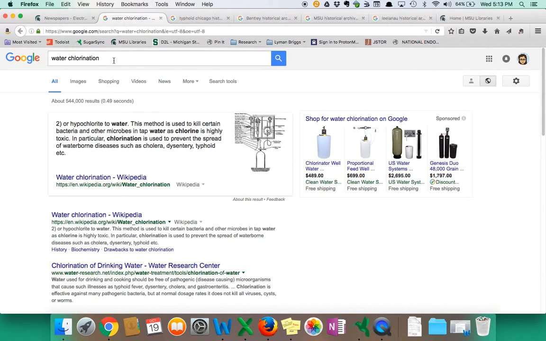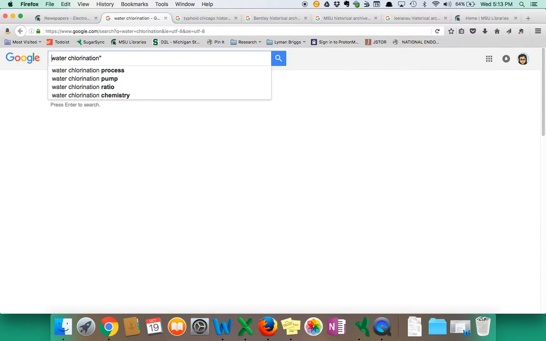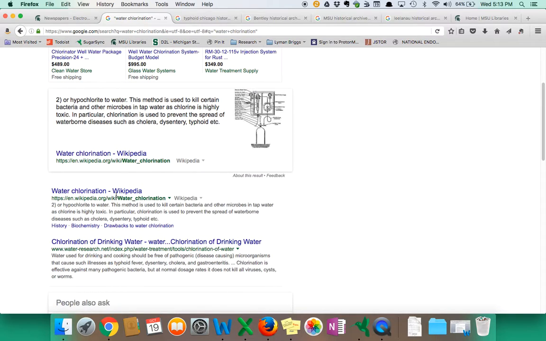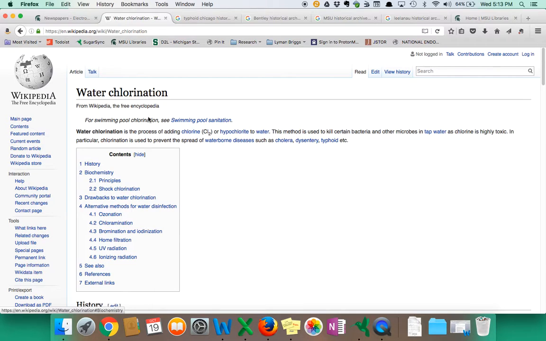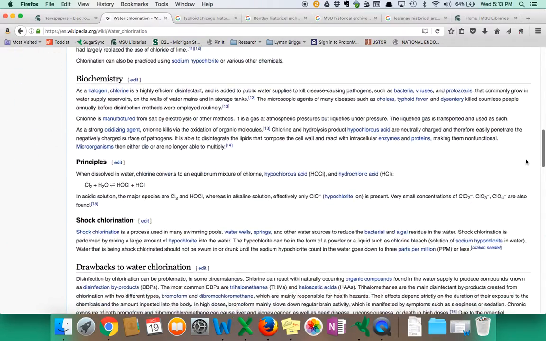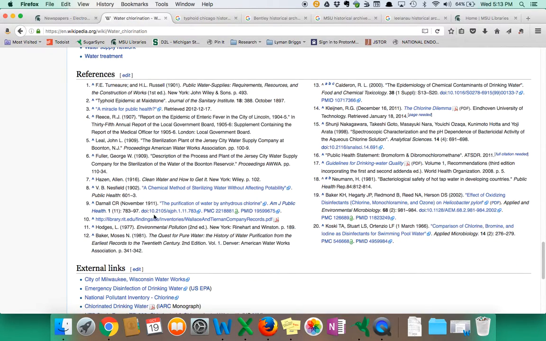Another way is to find primary sources that are more archive related. Let's say I was interested in water chlorination, so I would put this in quotation marks, looking for that exact phrase. Now, Wikipedia is a really great place to start a project. You can find out more. So I'm looking for water chlorination related to drinking water chlorination. This gives me a good overview, but it wouldn't be a source that I would cite in my paper. I would instead go to these sources down here and get a stronger sense of where this person is getting their information from, and